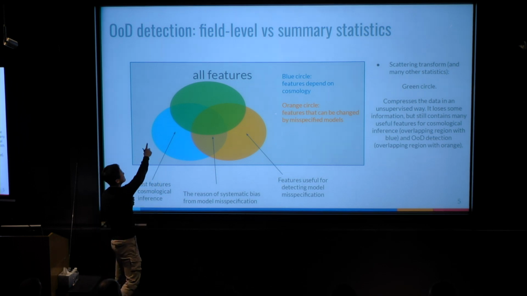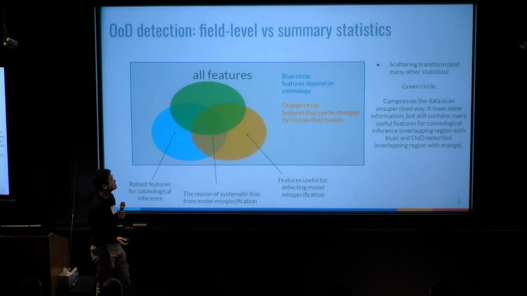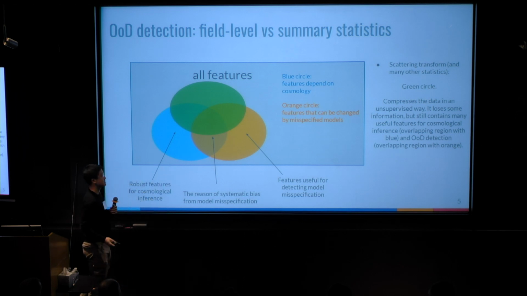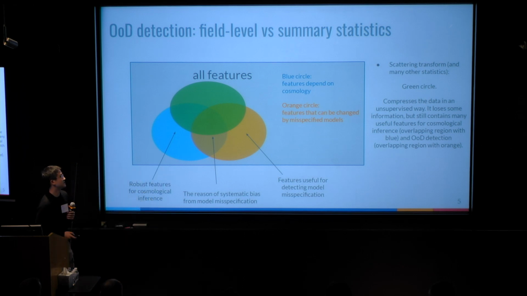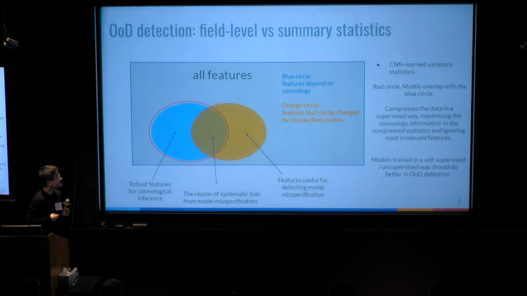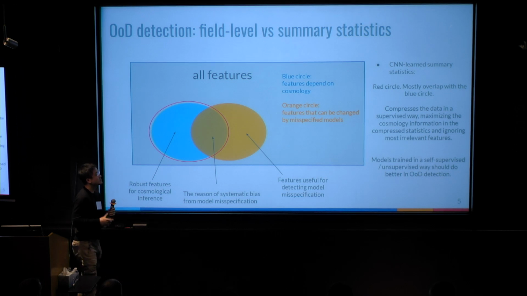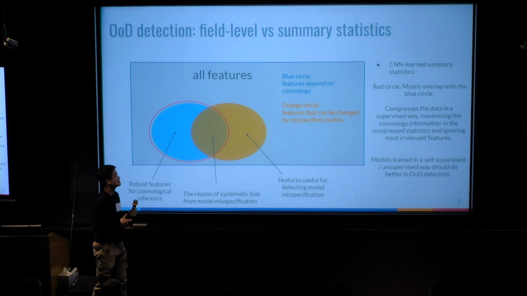So this green circle corresponds to, for example, the scattering transform. It overlaps with both the blue and orange, so it does a pretty good job in terms of cosmological inference and OOD detection. But if we look at the CNN-learned summary statistics, the CNN compression is trained to maximize the